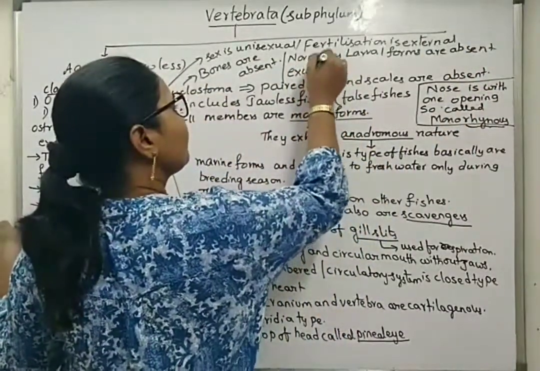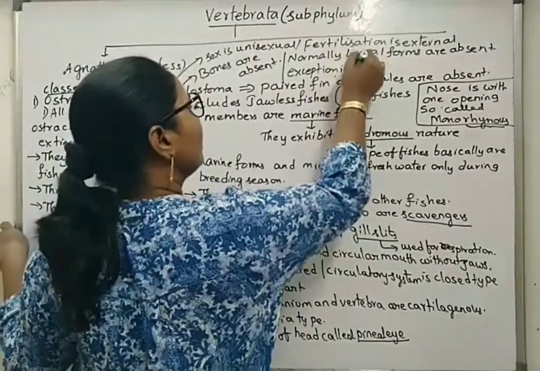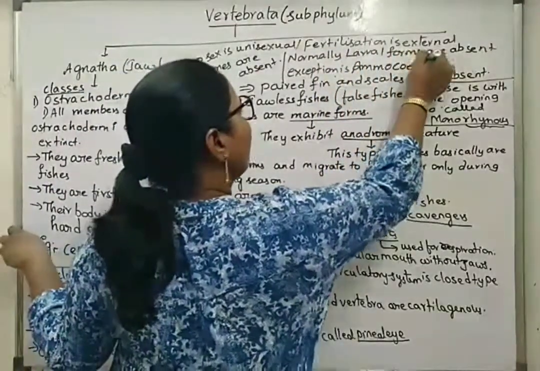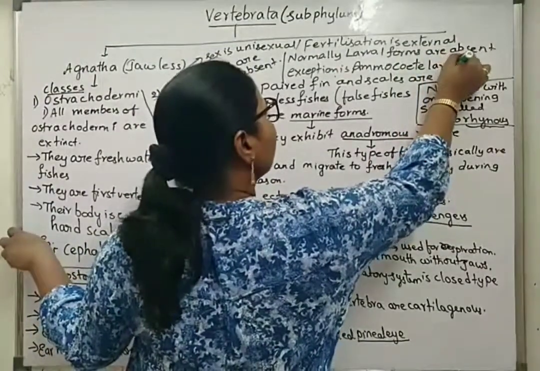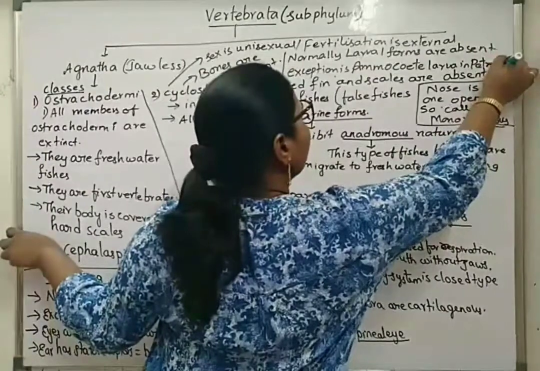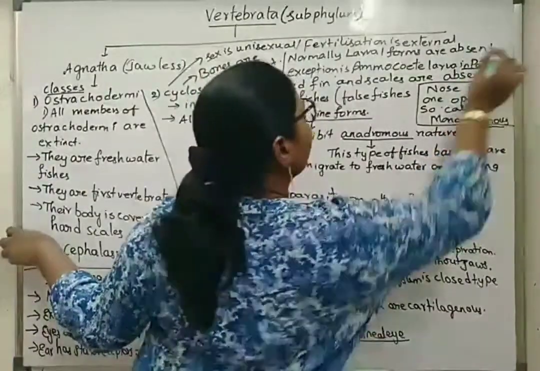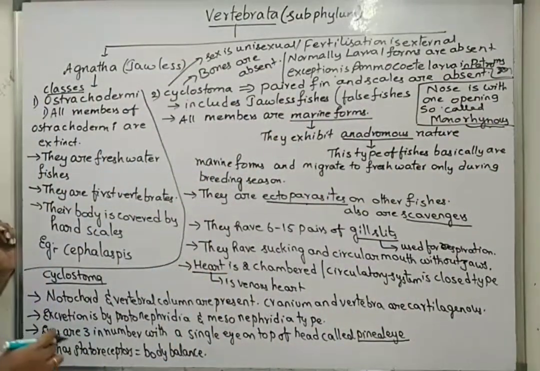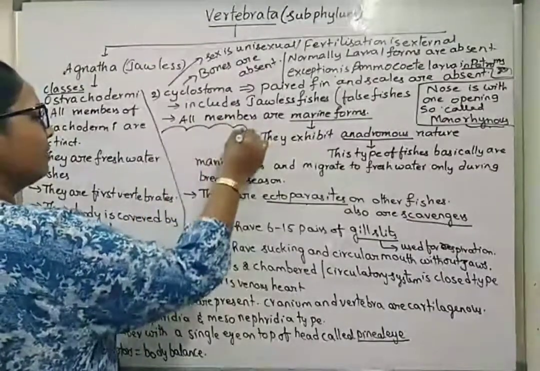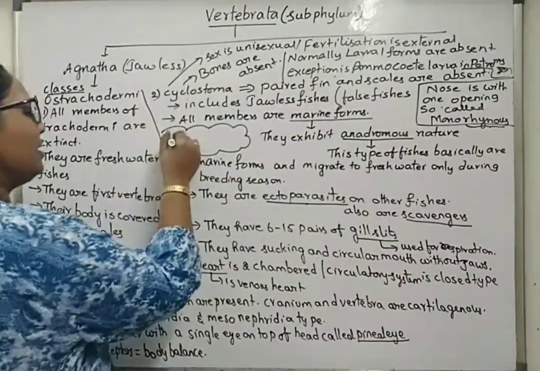The exception is the ammocyte larva in Petromyzon. So under Cyclostoma, one best example that we read is